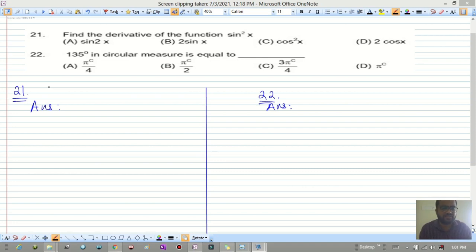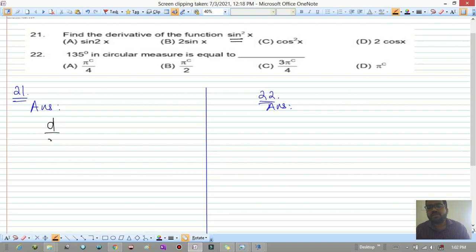रिलेटेड टू डेरिवेटिव्स, ट्रिग्नोमेट्री एंड वेक्टर्स। ठीक है, तो देखो, इन दिस फर्स्ट क्वेश्चन इट इज गिवन, फाइंड द डेरिवेटिव ऑफ द फंक्शन sin squared x। वी हैव टू फाइंड व्हाट इज द डेरिवेटिव ऑफ दिस sin squared x।